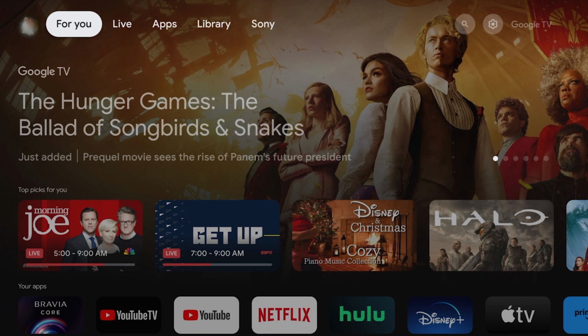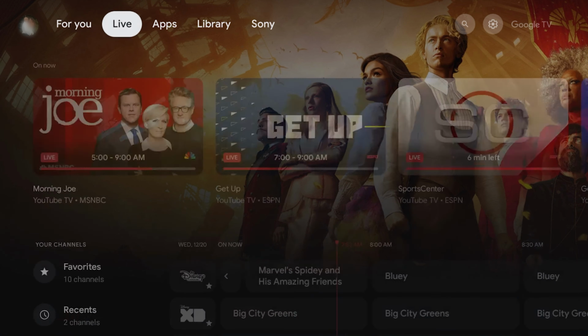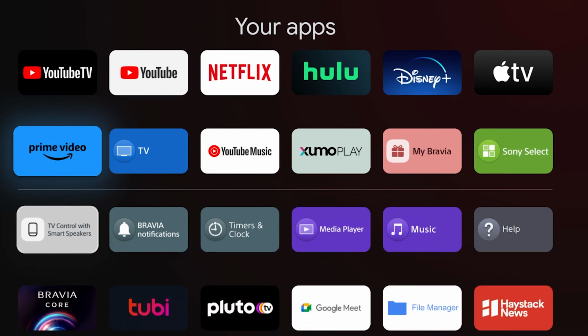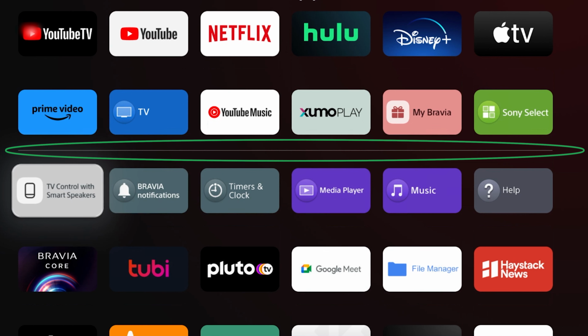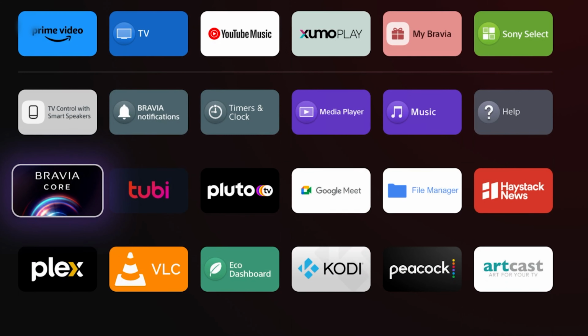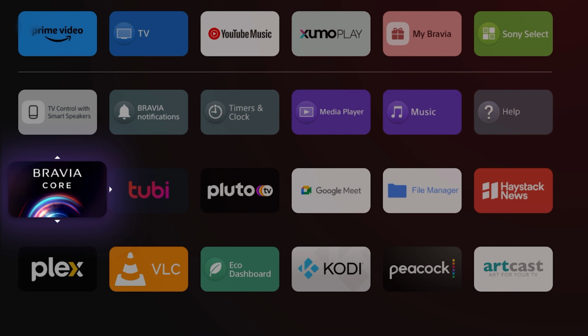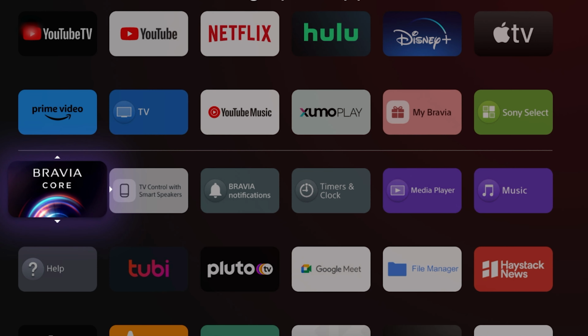At the top of your home screen, you scroll to the right till you get to the header apps. Click on apps and you'll see a catalog of all your apps. Towards the middle of the screen, you'll see a white line across it. Everything below that white line is not considered one of your quote unquote favorites. Thus, it will not be on that home screen of apps. All you have to do is scroll below the white line, find the app that you're interested in, long press it, a menu pops up, you select the option to move,